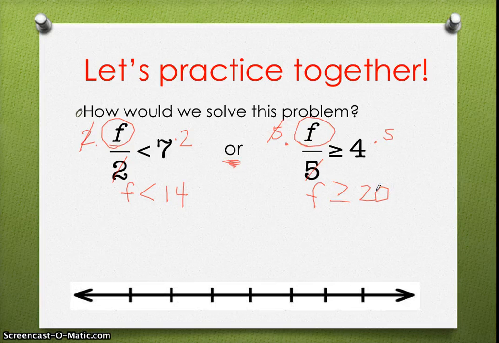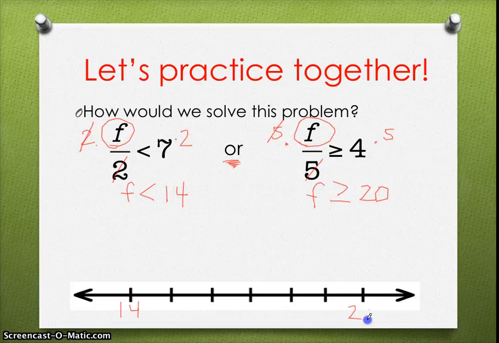So let's go ahead and bring up that number line, and let's get started to graph. So we'll notice that we were working with inequalities that had either greater than paired up with less than, or greater than or equal to paired up with less than or equal to, which means we either had both closed circles or both open circles. In this example, we are noticing that we're probably going to end up with an open circle and then a closed circle. So let's go ahead and plot our values of 14